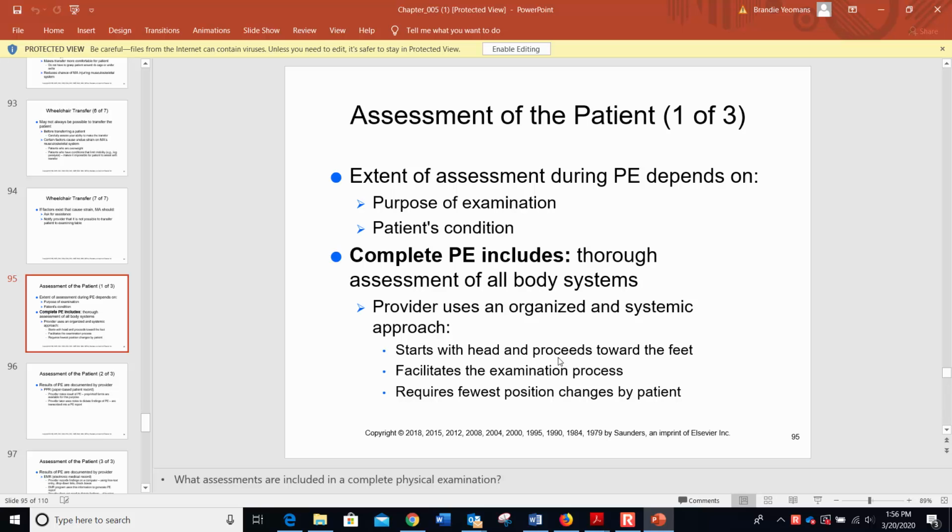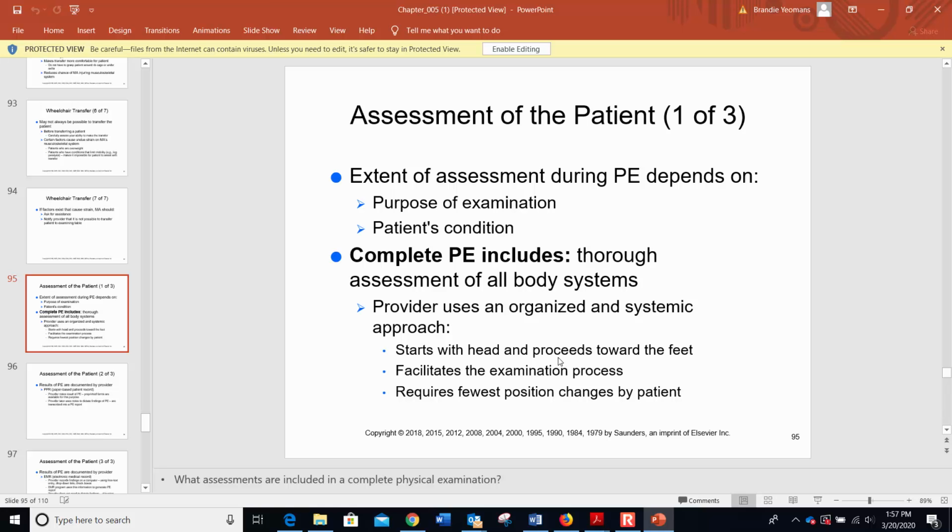So just looking at a few of these that might catch your eye. In the ears, we're going to be using what kind of instrument to look into the ear? That's going to be an otoscope. In order to look into the eyes, what kind of instrument are we going to use? It's going to be an ophthalmoscope. So with those instruments, we're able to see inside of the actual organ or the cavity in order to assess that,